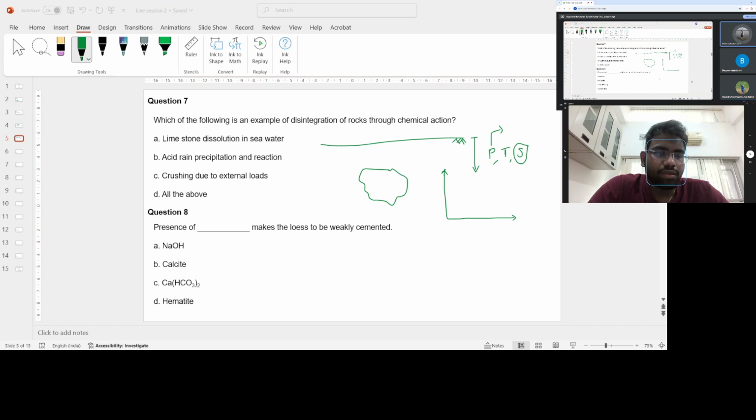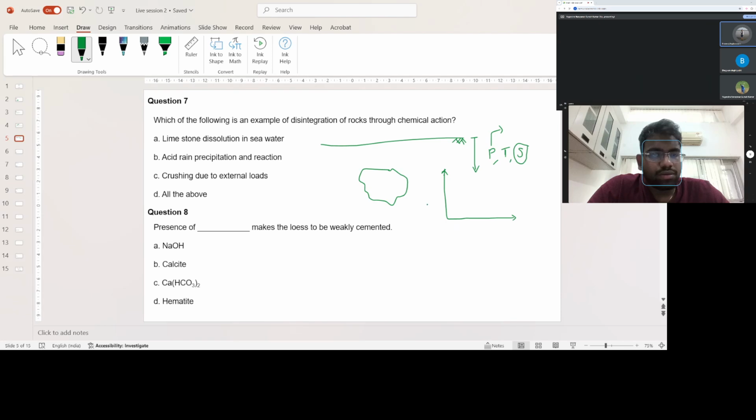This is pH value. So pH value should be less than 7. Yes, it is defined by pH. One interesting aspect is that at particular pressure and temperature conditions, if you take saline water,